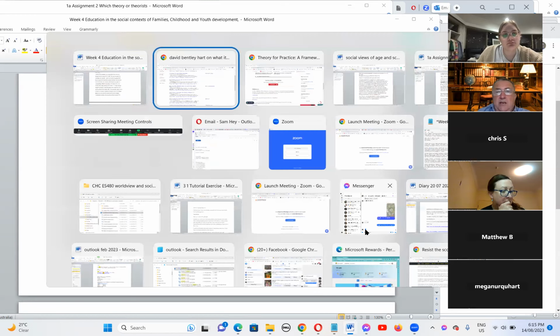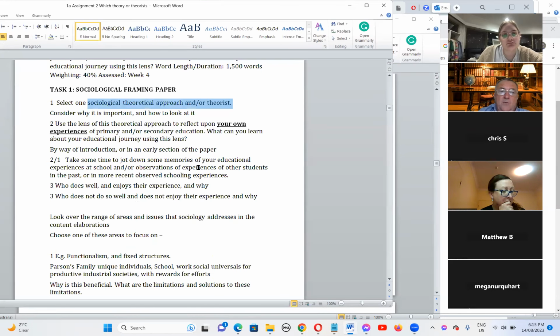So let's apply this then to your assignment 2, where you're asked to select a theory, and you can include in there a paragraph or so on Christian perspectives. You should include a paragraph or so on your own experiences, and you could date that as my experience in year 8, or you could date it on the 14th of the 8th. I journal reflect on my experiences in year 8. And then you could write 5 or 10 pages on that and just choose the best few sentences or paragraph or half paragraph and include that.